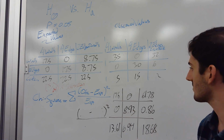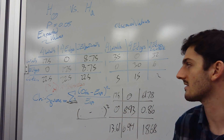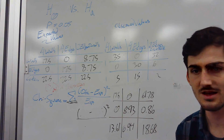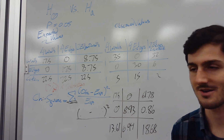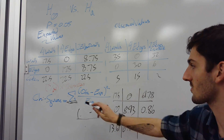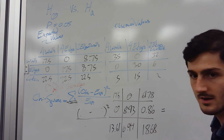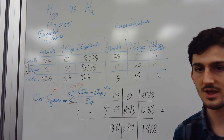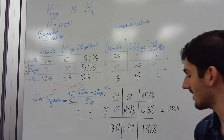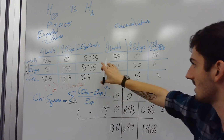The last thing we need to do is add all these values up together. This symbol right here, I forget what it's called, the capital sigma, just means the sum of. So we're taking all these cells and adding them up. When we do that, we get a value of 128.3. And so that is our chi-square value that we calculated from our observed data when comparing it to